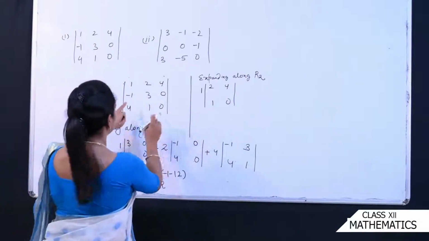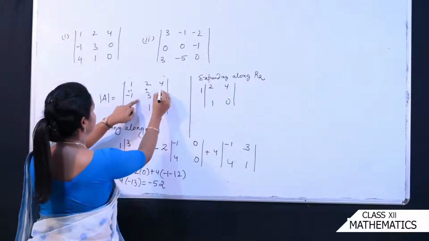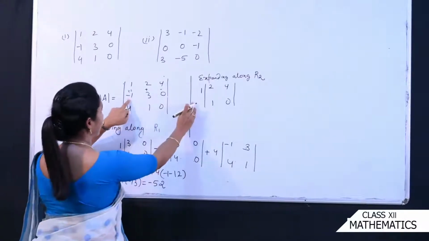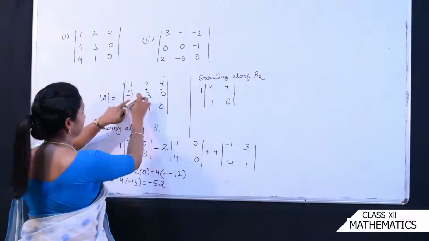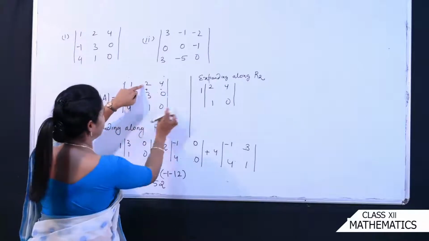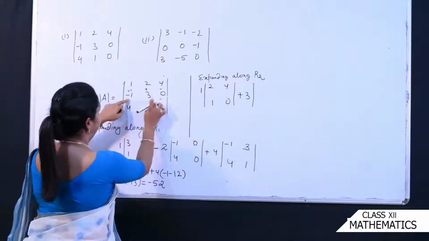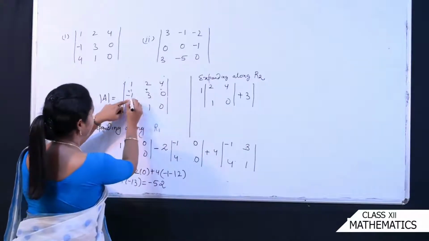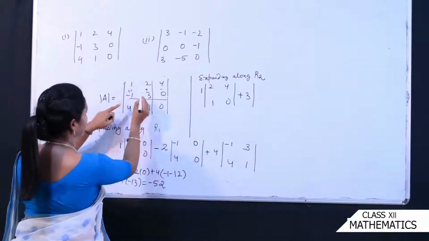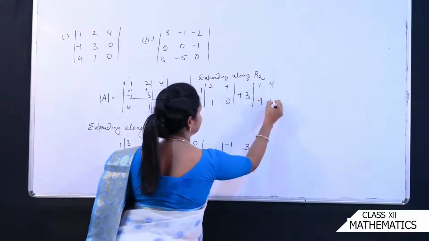Now see here. This is in minus sign, this is in plus sign and this is in minus sign. So -1 into, already minus, minus minus plus becomes plus. What is left out? We remove this and this, so we get 2 4 1 0. Here +3 into, again this and this will go, this part and this part are gone. What is left is 1 4 4 0, so 1 4 4 0, right?